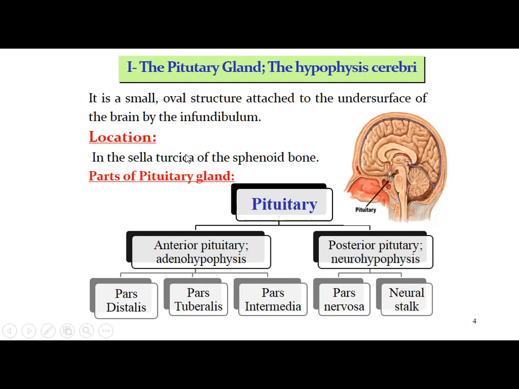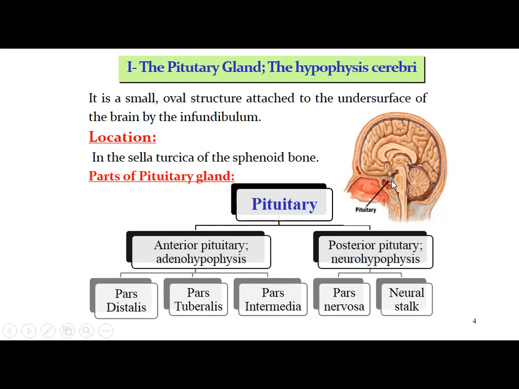If you want to locate this gland, where exactly do you locate it in the bone? It is present in the sphenoid bone. This is the sphenoid bone here. As you know, the skull is made up of many bones, 22 bones are there, and one of the bones is called the sphenoid bone. This is the sphenoid bone here with the sphenoidal air sinus. This is the sphenoidal air sinus, and this is the sphenoid bone.